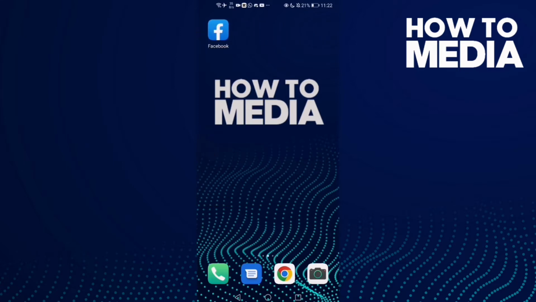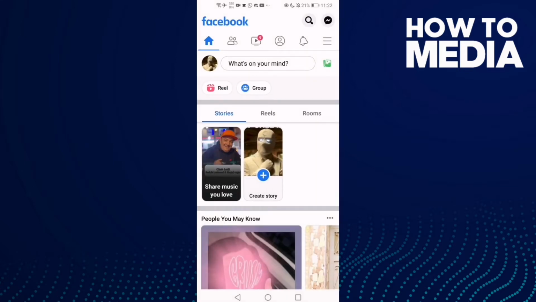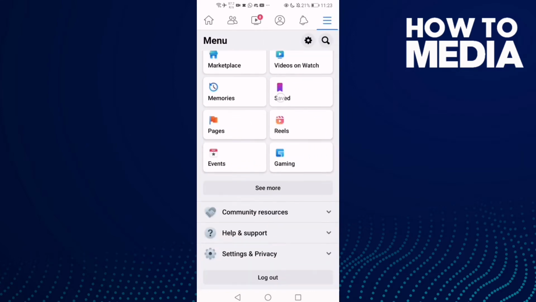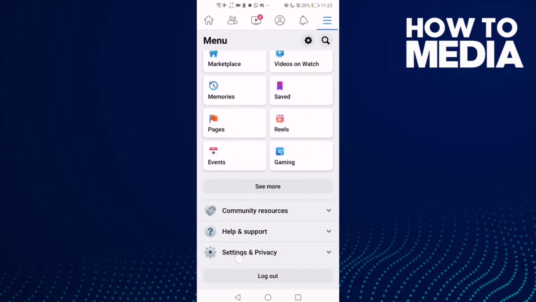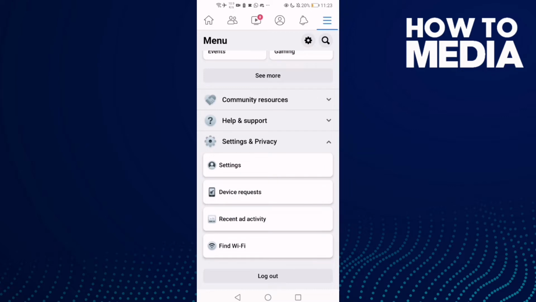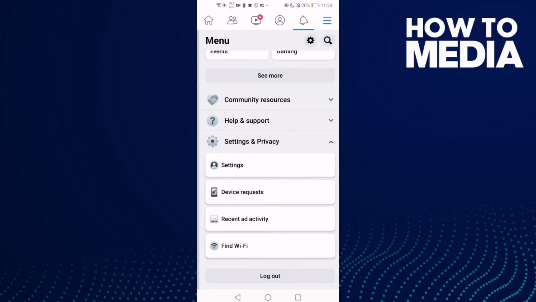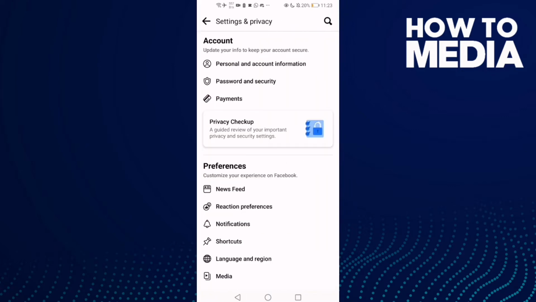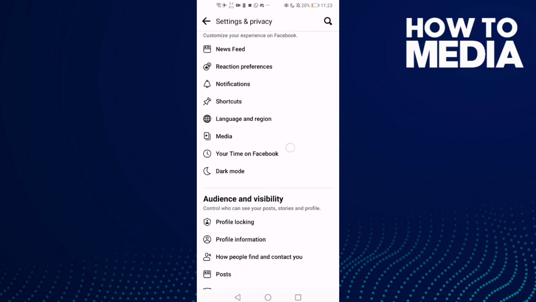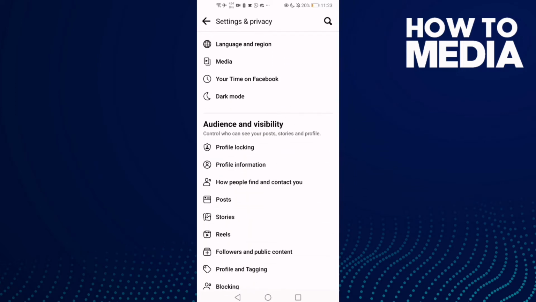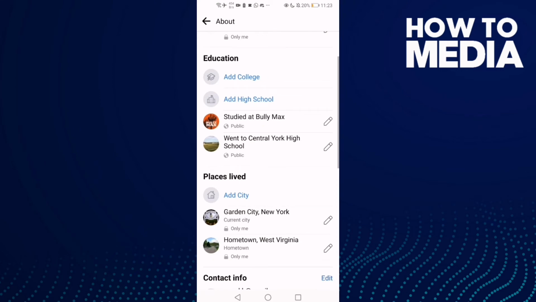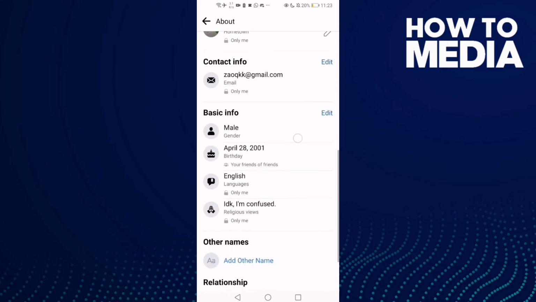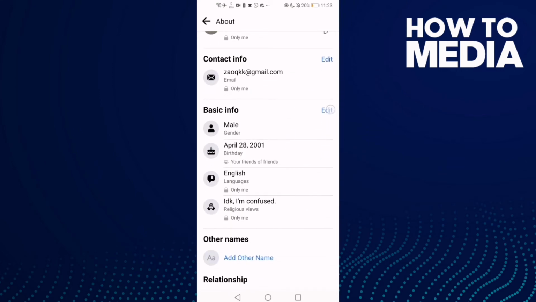First thing you're gonna do is go to Facebook and then click these three lines here and go down until you find settings and privacy, and then click settings and go down and you will find here profile information, and go down again until you find edit,